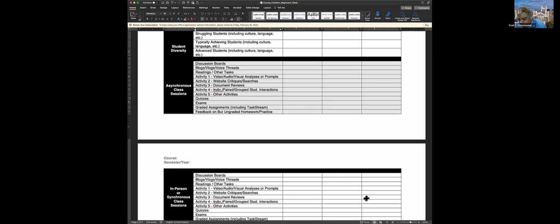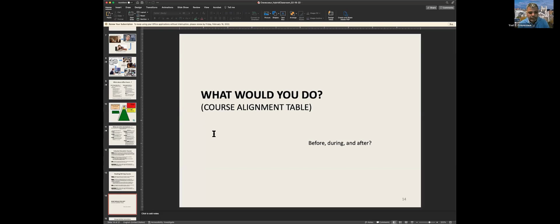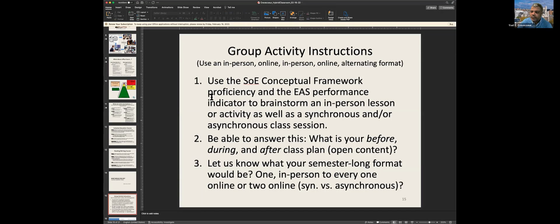So let me stop sharing this and then give you your instructions for your quick discussion that you're going to have with your group. So here are the instructions. We're going to get into small groups, and you're just going to talk for about 15 minutes about